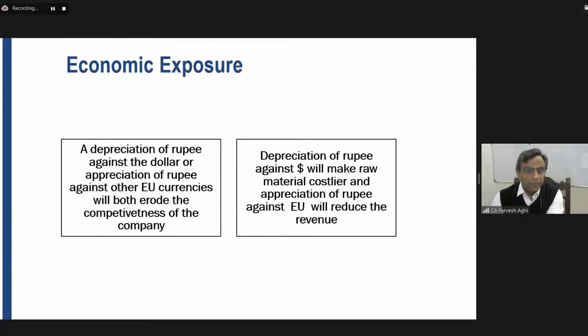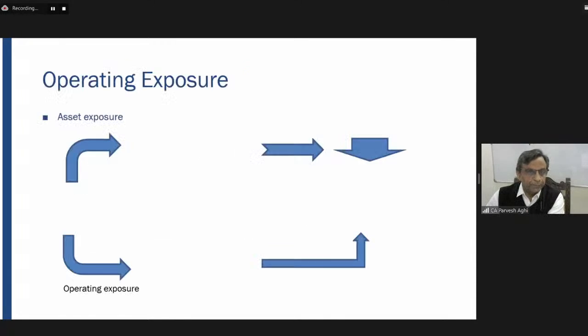If the euro falls from say 80 rupees per euro to say 78 rupees, you're going to get less. You're going to receive less money for your top line. Now let's understand this through this